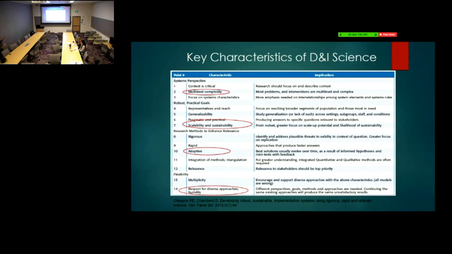Okay, so here are a few things. You've got the handouts, so you can look at this later. But I'm just kind of trying to highlight some of the differences of the look and feel of a D&I study. Now, the key thing to remember is you need an evidence-based intervention. So somehow you need to know it works. If it doesn't work, then you're introducing a lot of messiness, right?